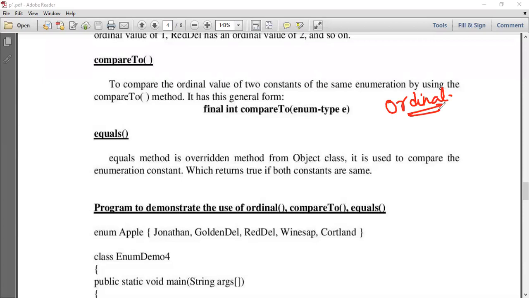We need a mechanism to compare two constants based on their ordinal value to determine which one will come in the beginning or which one will come later. In that scenario, we can use compareTo. So the ordinal values of two constants of the same enumeration can be compared using the compareTo method.